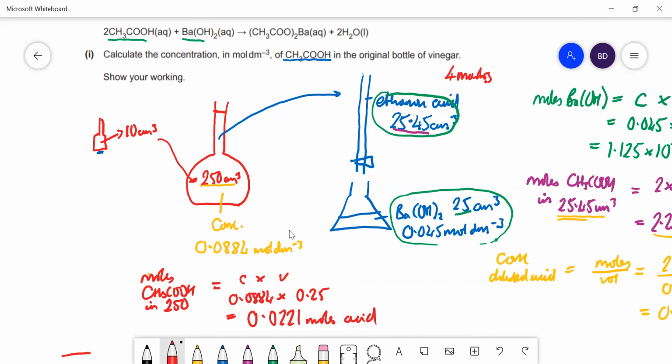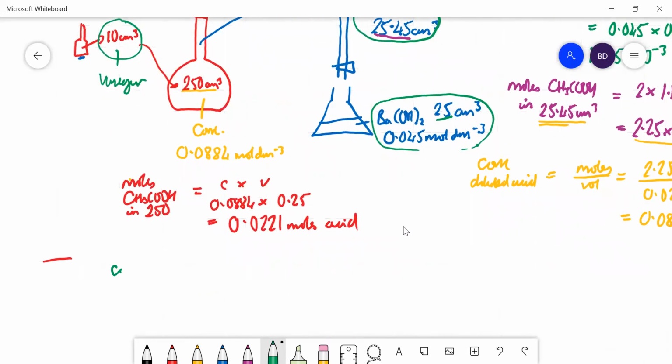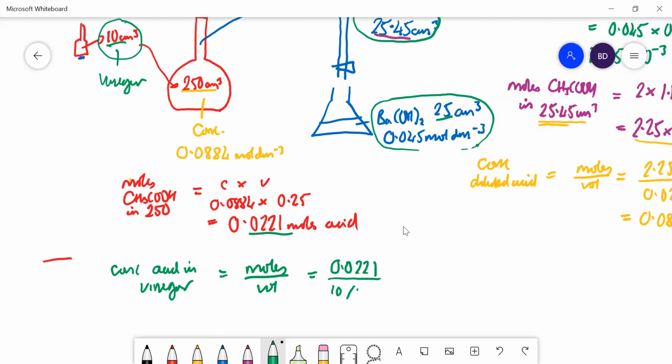Okay, but look, all of that acid came from 10 centimeters cubed of vinegar. So the final bit of the calculation, now we've got to do the concentration in the vinegar. So the concentration of acid in the vinegar is equal to the moles divided by the volume. So we just said the moles in the 10 centimeters cubed volume of vinegar was 0.0221. That comes from 10 centimeters cubed of vinegar, so that's 10 over 1,000, which is 0.01